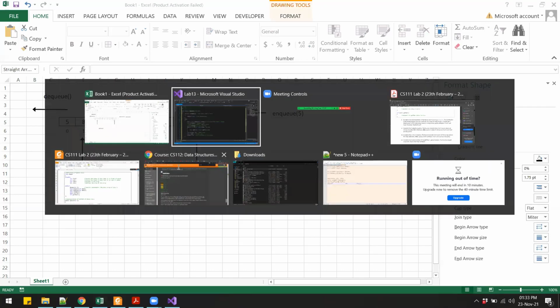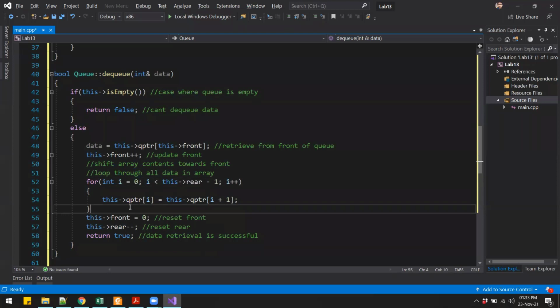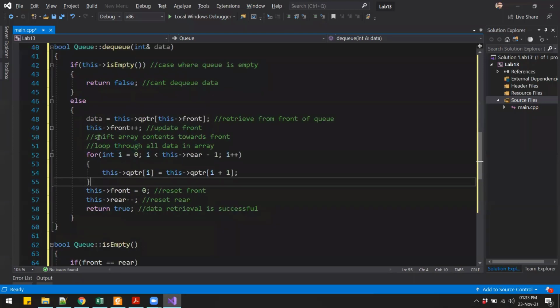All right, and that is what is happening over here. So it is saying shift array contents towards the front, and we can do this by looping through the entire array, starting from index 0 all the way up till ria minus 1. So up till which point do we have to do the shifting?